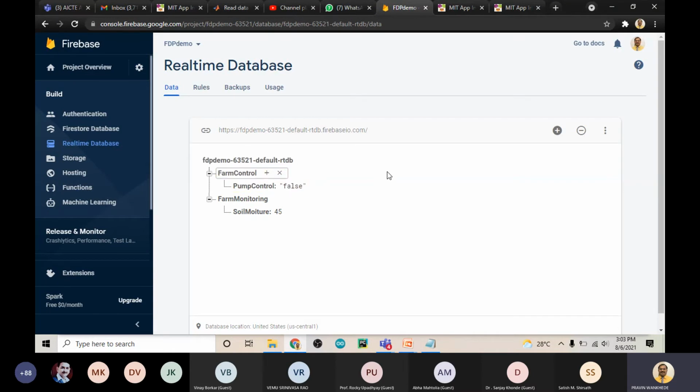So it means that from the app, see, we have done both the ways. That is from the Firebase to your app, and then from your app to Firebase. So almost the bidirectional data transfer from your Firebase to your app and app to your Firebase database that we have done. Okay, those who are doing after me, have you done this thing?